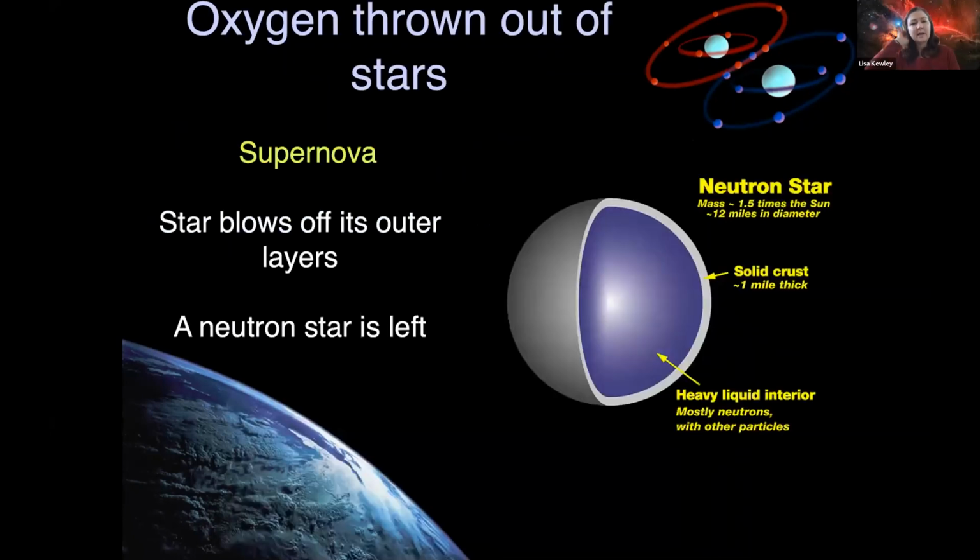Okay, so how do we get oxygen out of stars? Oxygen is actually blown out of stars in a few different ways. So one way is a supernova, and when a star has a supernova, it needs to have quite a large mass, and it basically stops being able to fuse atoms together in the nucleus. What happens is you get to iron, so that all the atoms are fused together to form new chemical elements. But it stops at iron because it actually takes more energy to fuse iron than it does to just stop. So the stars just stop at that point.